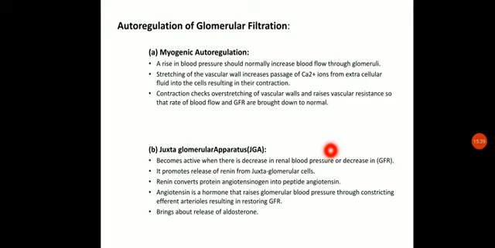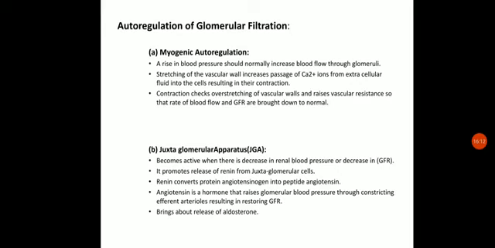So what does it do? It promotes the release of renin from the juxtaglomerular cells. When the JGA is activated, it promotes the release of renin. Now this renin is a type of hormone, or sometimes it can show the activity of an enzyme as well. This is a different renin, not similar to the one in the digestive system which we have seen, which is responsible for digestion of proteins, of milk proteins particularly. This renin is produced from the renal system, that is the kidney, and hence it is called renin.